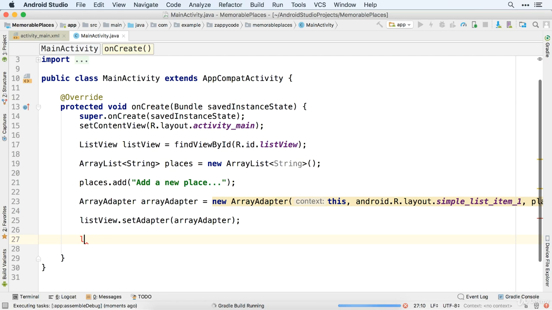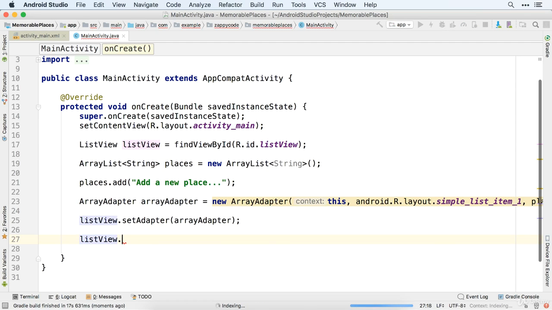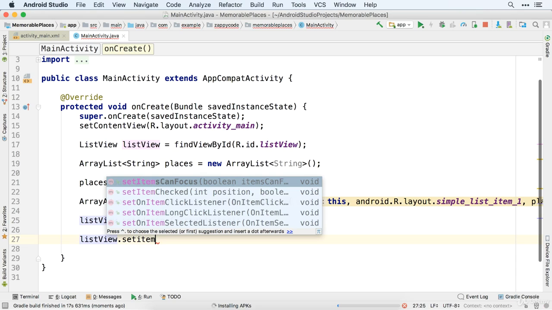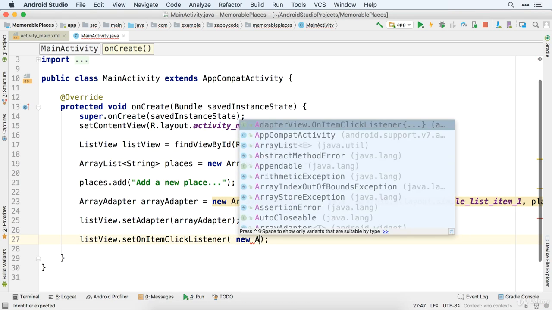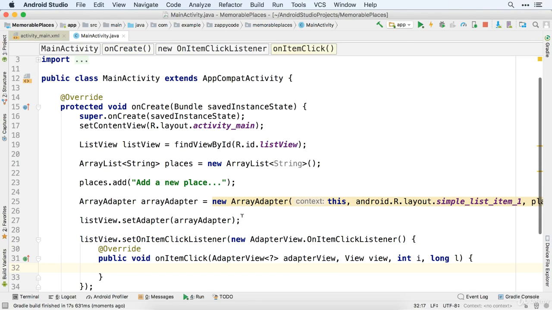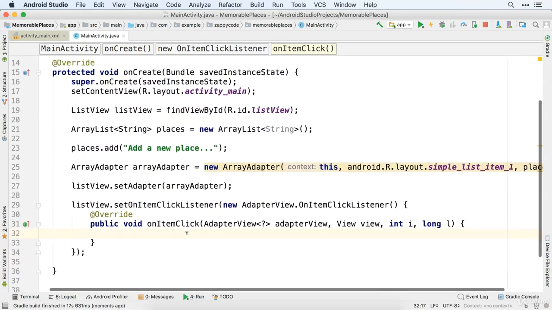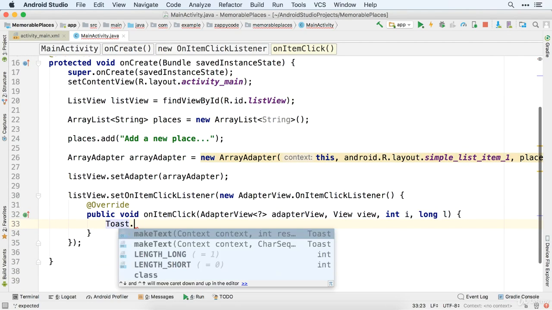So we're going to type out listView dot, and we want to do setOnItemClickListener. And this is looking for a new AdapterView.OnItemClickListener. Boom, provides all this great stuff for us. And for the time being, let's just go ahead and do a simple toast message. So we'll say